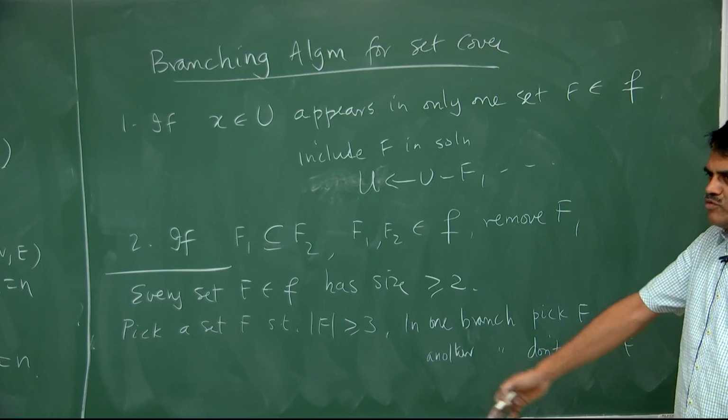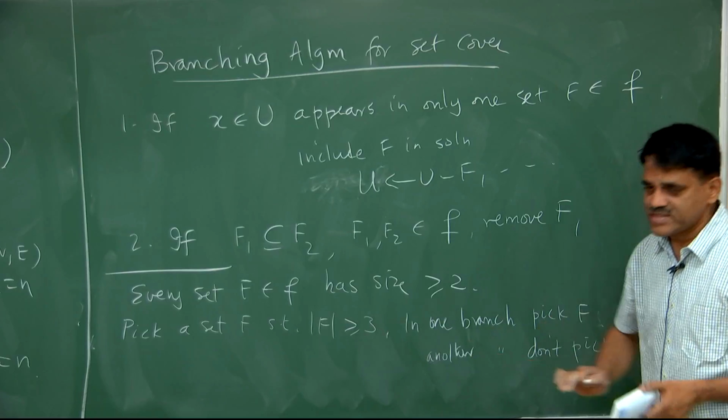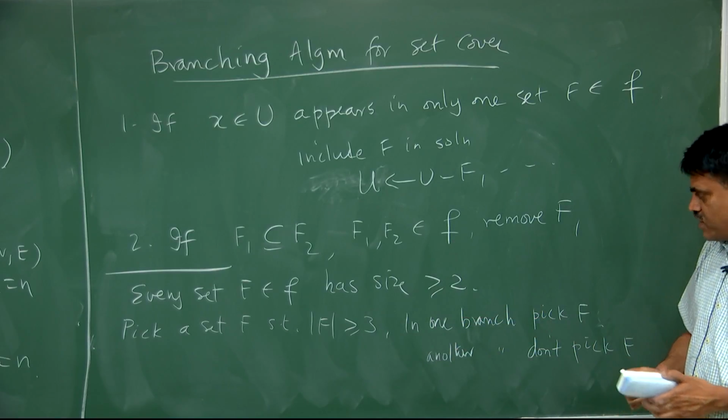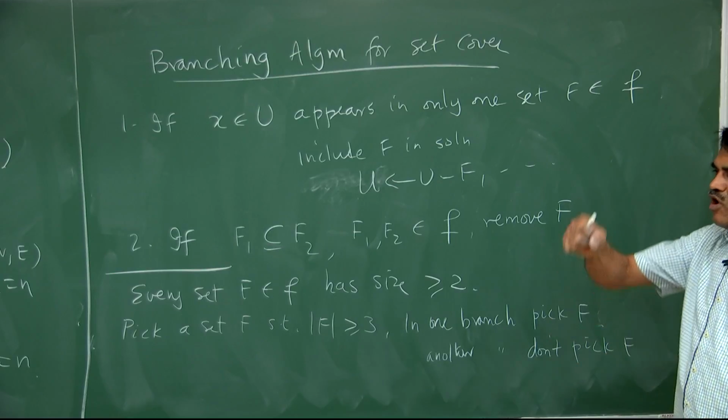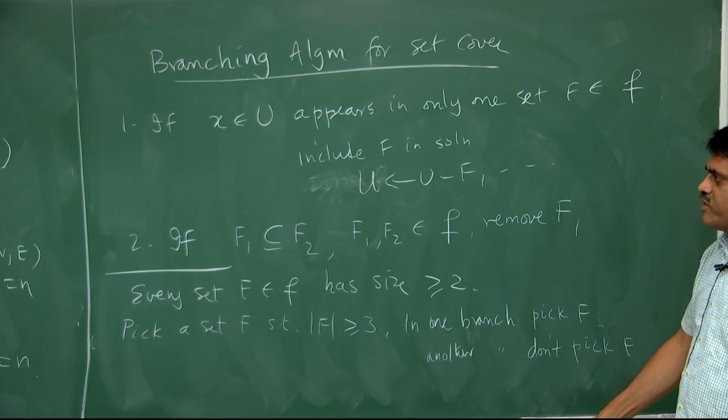Okay, that's my two branch. I just arbitrarily pick a set. The only thing I need is that it has at least 3 elements. We'll deal with what if there is no such set. I either pick F into my solution or do not pick F into the solution. Okay. When I pick F, so my measure